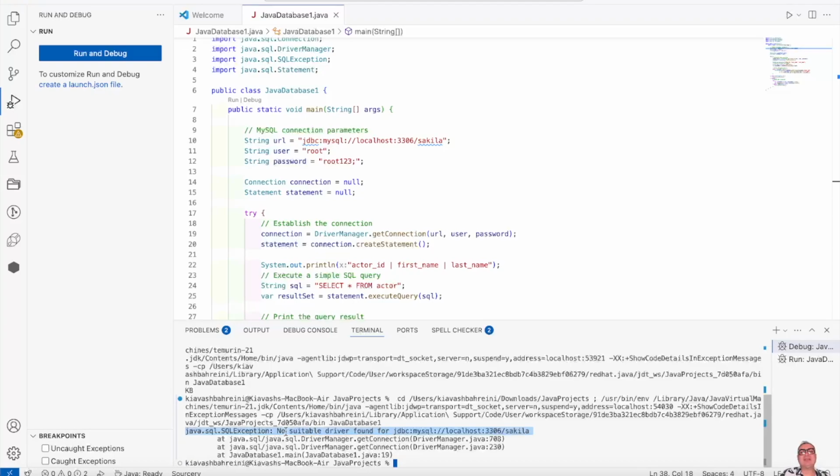This error indicates that we need to download a specific driver to connect our Java application to our MySQL database. In order to do so, we have to download a jar file and then copy and paste it into the lib folder of our Java project, and then load it into our Java project and then run our Java application. So for this we have to go back to Google and search for this specific driver,